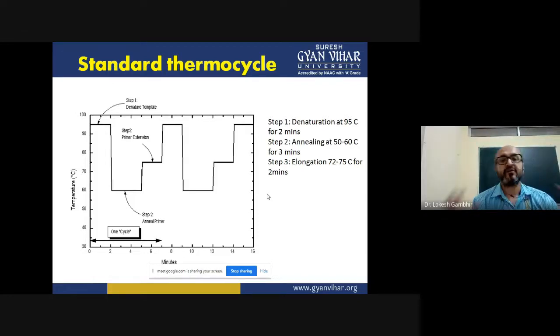Fine. So when we are talking about the thermocycle or the basic PCR, what is this profile, how these three stages are carried out, and how the 30 cycles are going about. When you see a PCR machine, you can see that we have to enter the command, and before entering the command, we have to take care of certain things. What are those things? Although we have clearly studied the cycle, step 1, step 2, step 3, depending upon the lab, there are multiple programs that can be applied.